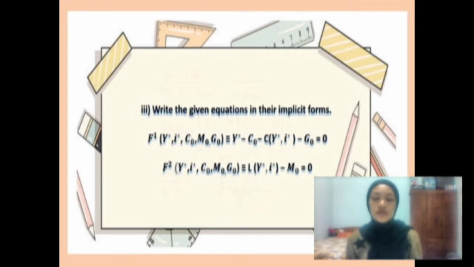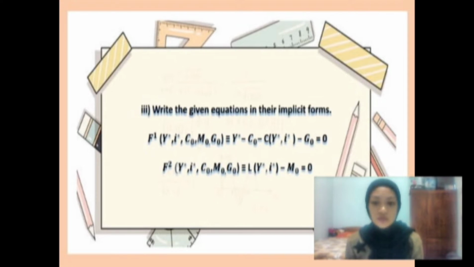Then to transform them into implicit form, we need to equate the equation with 0 or a constant number. Since there are no numbers, we transform them with equal to 0, which is for the first